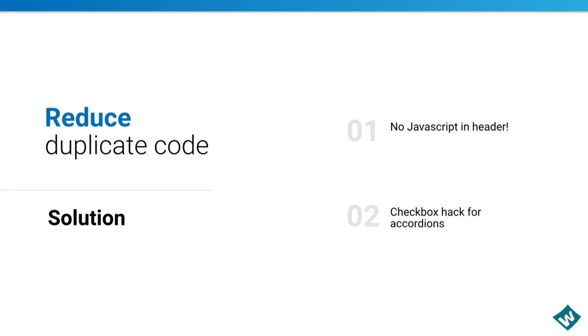You click the label, the state of the checkbox changes, and then you have some CSS that will hide or show some components on the page based on the state of the checkbox. So it works really well to hide or show a menu or for accordions. And if you can